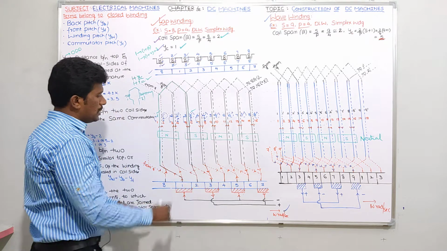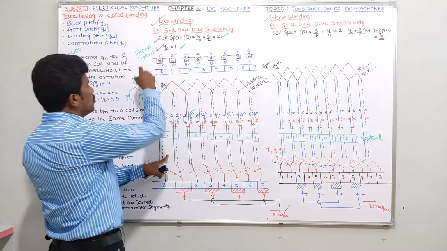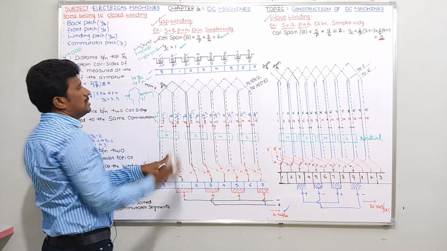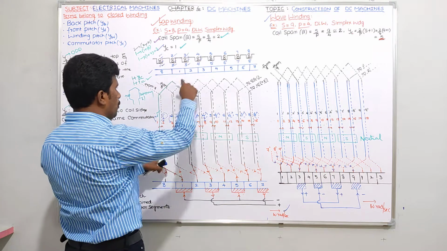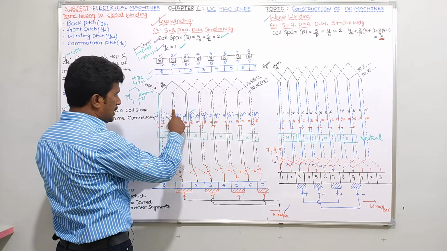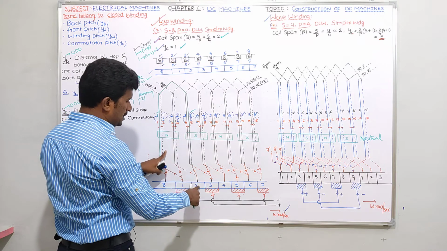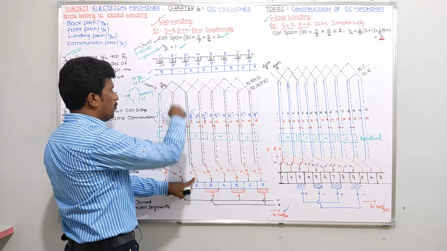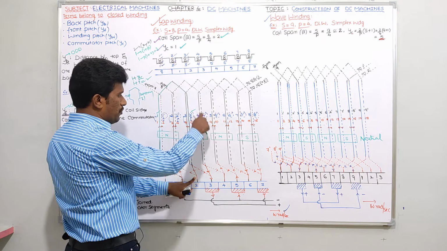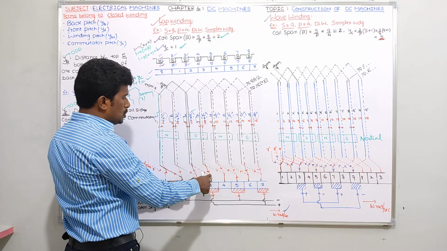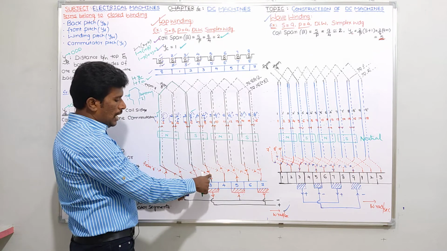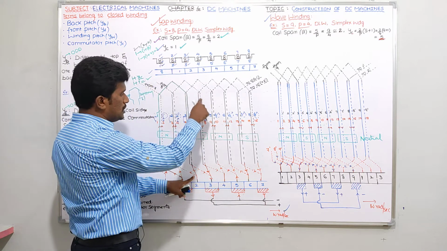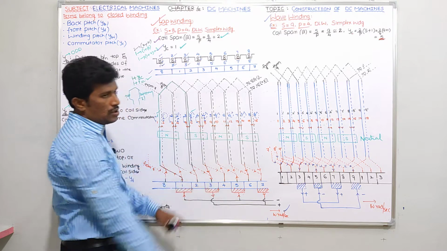And if you observe clearly here, 2 to where should it come? 2 plus coil span value, how much? 2 plus 2 means 4. That means 2 to 4 dash you should go. And similarly 2 is connected to, as I said, the second commutator segment. What is the other coil side of this coil 2 4 dash? Another coil side is 4 dash. Previously one coil side is connected to 2, so another coil side is connected to 2 plus YC. 2 plus 1 is 3. I can say this 4 dash is connected to the third commutator segment.